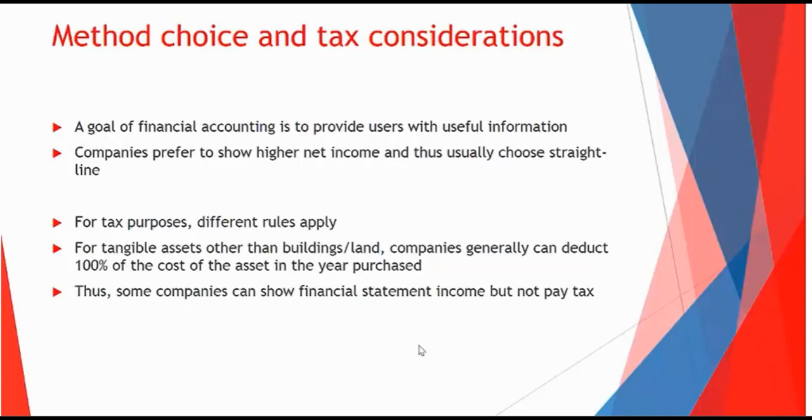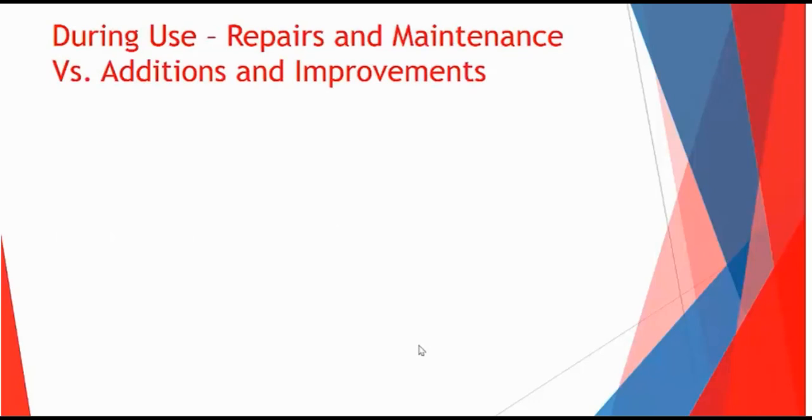So when we were talking about inventory, we said a company has to choose LIFO or FIFO, and they do both for tax and book. But here for depreciation, you can have a different method for tax than you do for book. Yep, exactly. That's what they do. Cool. Straight line for book, and then a special method for tax purposes. Yeah, I'm glad you put that in there. Small businesses are happy to add that in the same comment.